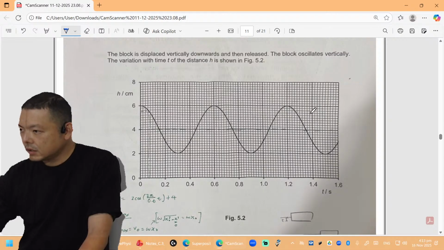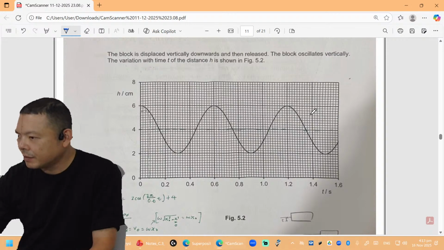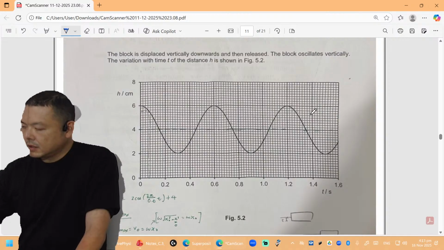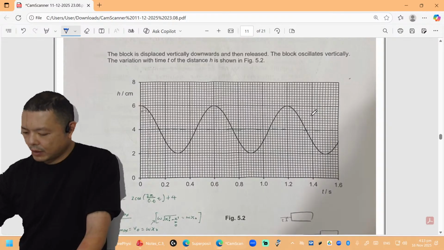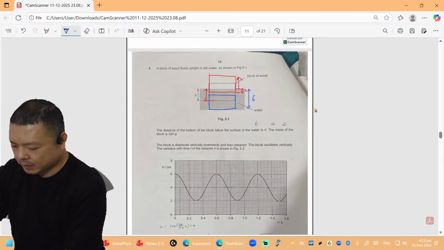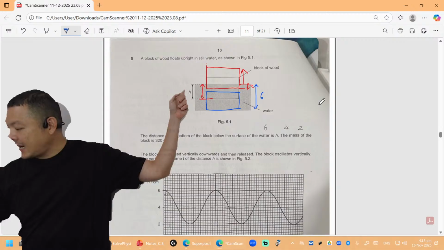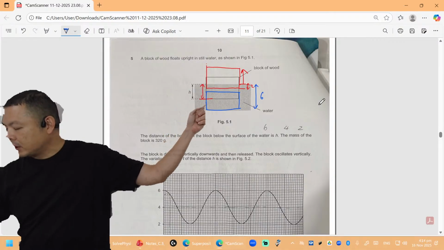Which part of it are you not sure of? Yes, that's right. Yeah, 4 is equilibrium. And the deepest that it can go into the water is, right, which is basically what I'm drawing here, right? The deepest in which the bottom part of the box, because H is measured from the surface to the bottom part of the box,